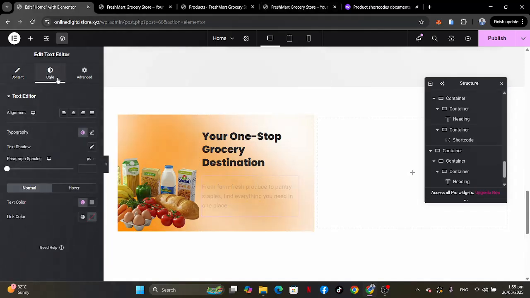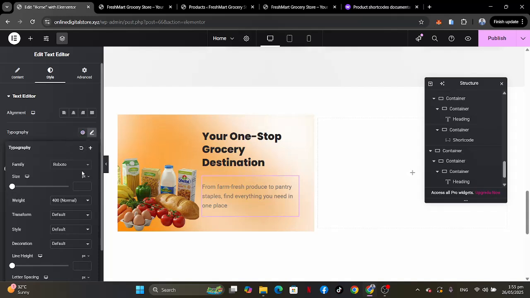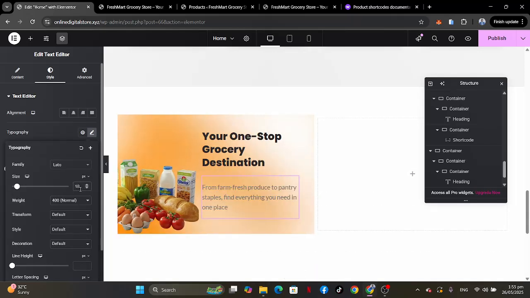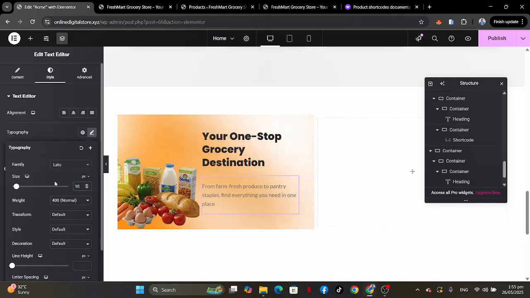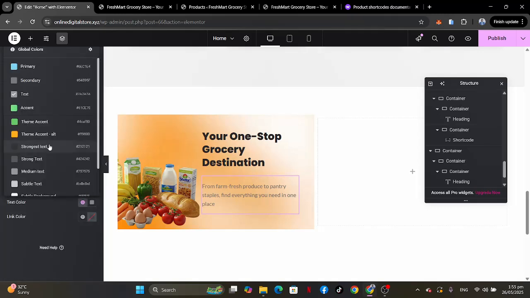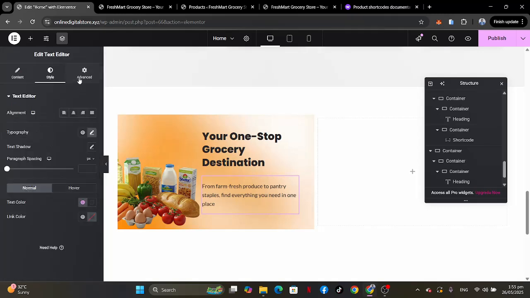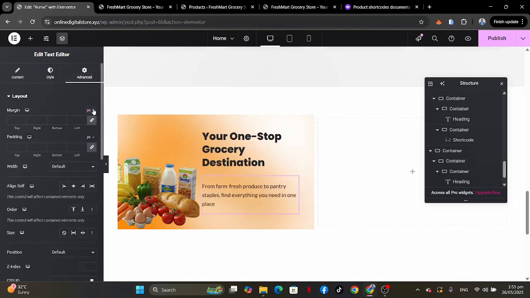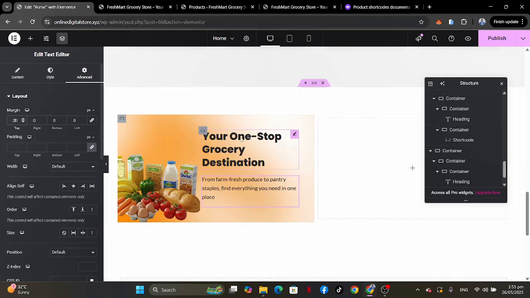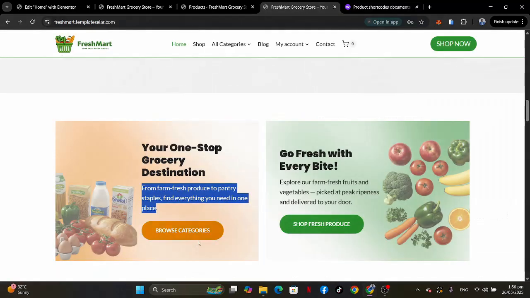Now we can go over here, change this one to Lato, and then change this one to maybe 18 or maybe 16, or anything that you feel is okay. Come over here and change this one to black. Go over here, I'm going to remove the margin to make it something like this, and then I bring in browse